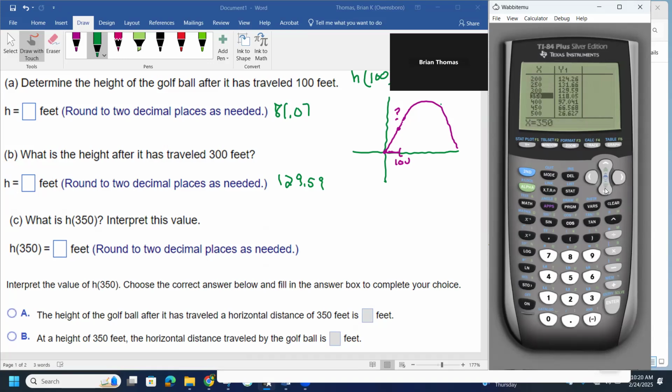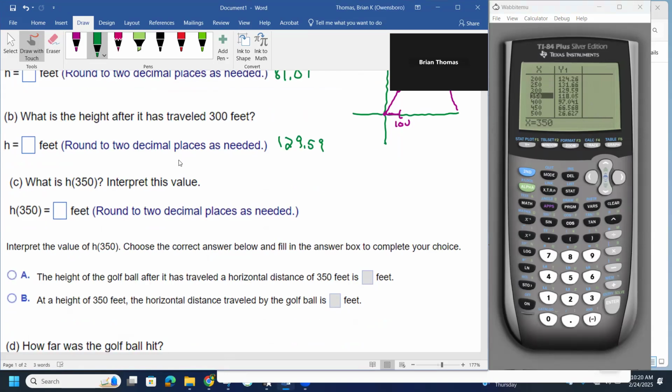So notice that by just manipulating the table a little bit, this kind of helps me out here. So at 350, notice how it looks like we're coming on our way back down. So 118.05 looks like the answer there. 118.05 feet. So again, if I go back to my graph, so notice how this is 100, 200, 300, 350